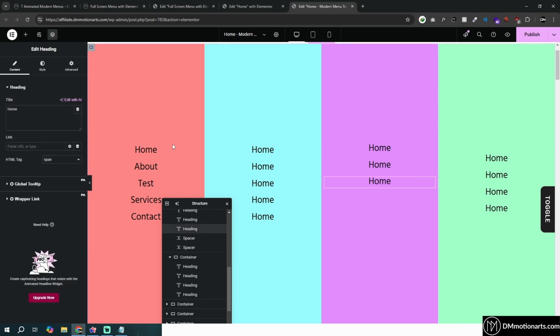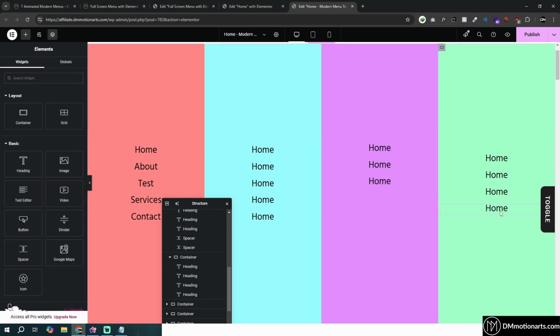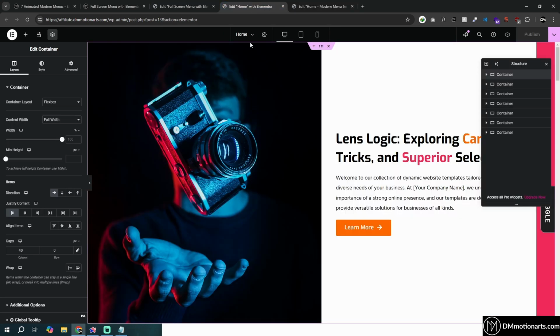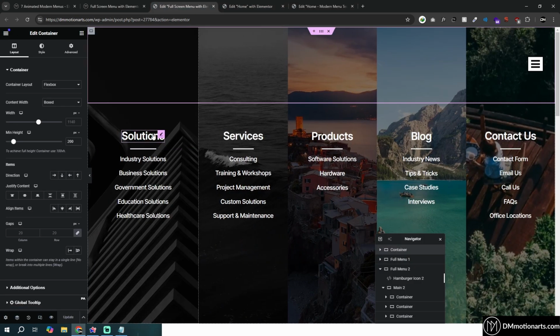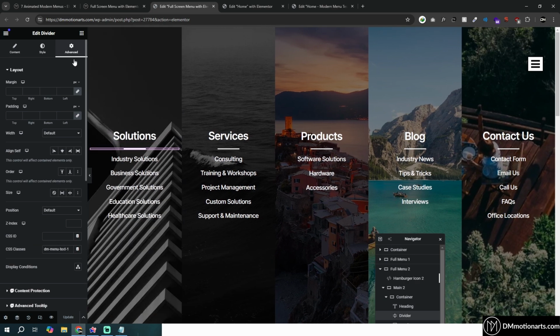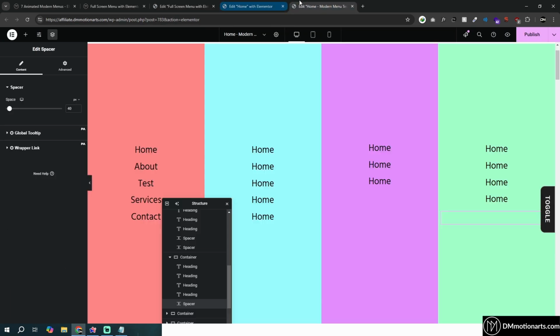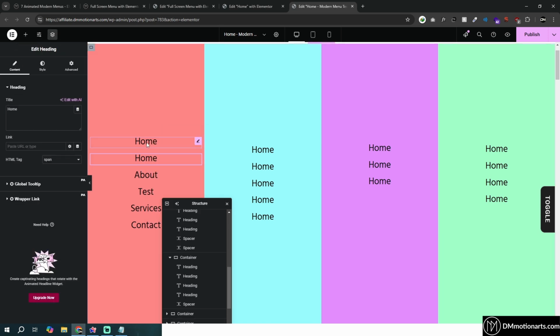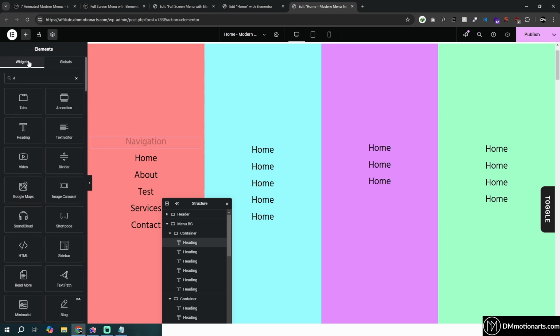Like this. So again, it's not perfect, but I think it would get the job done for now. And again, it's your choice how you want to proceed. Also, if you look at this one, I have created this DM menu text, and then this one too as DM menu text one. So again, we simply need to, let's say, just duplicate this one and call this the navigation or something, and then add the divider